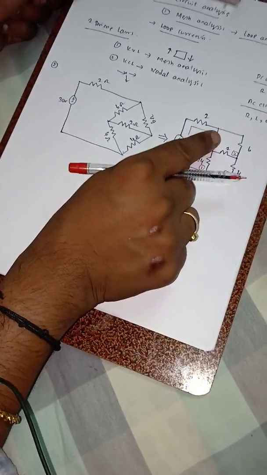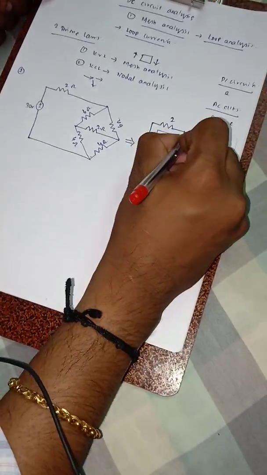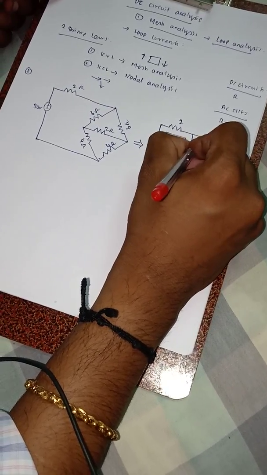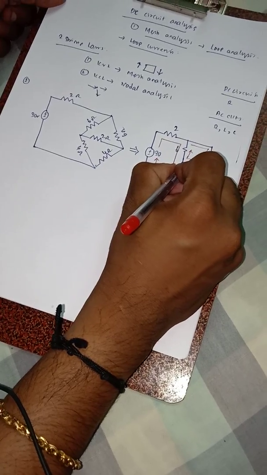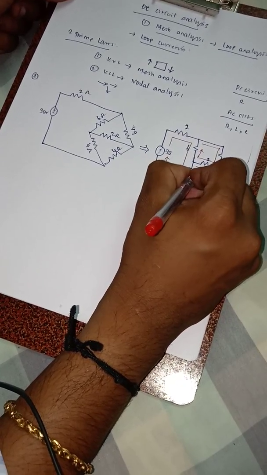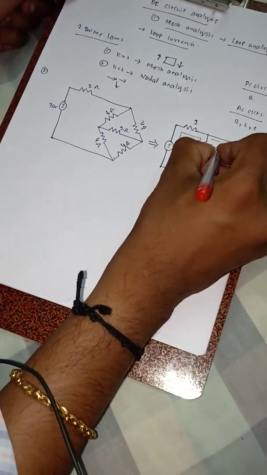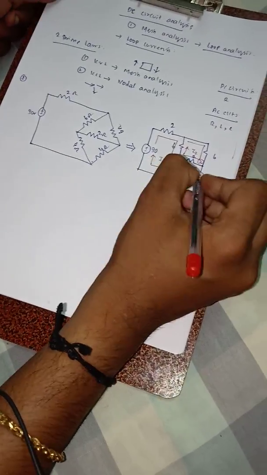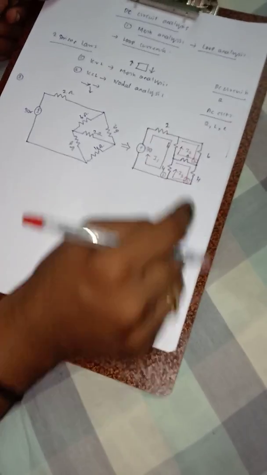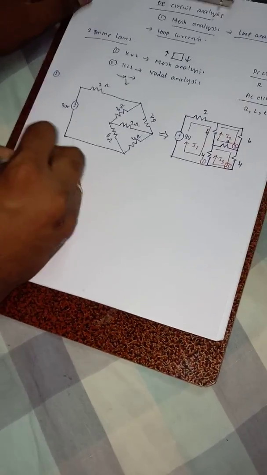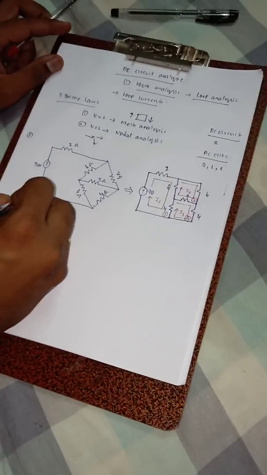If in any loop you don't have any source, then you start the current from a node. Here also you start the current from the node, like this. So this current is your I1 and this is your I2 and this is your I3. Now how to write the equations for the first loop, the second loop and the third loop is,